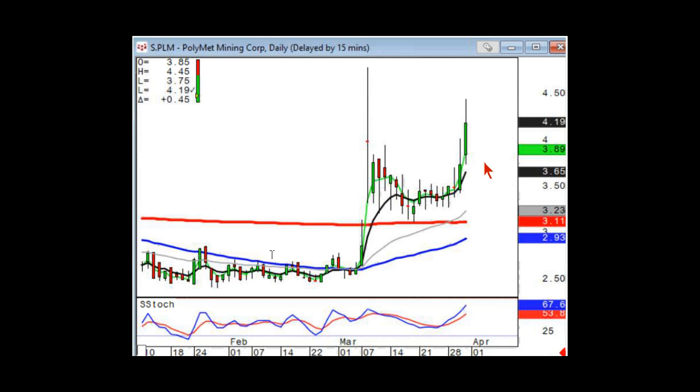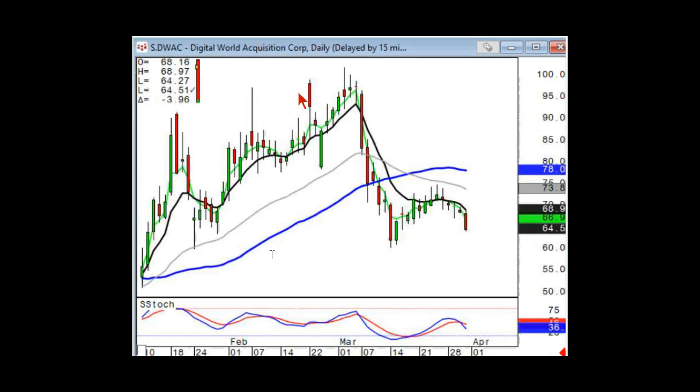All right, so there's your J-hook fry pan bottom type pattern. Notice what this one did today when the markets were selling off heavily. That's why a pattern is much more worthwhile than just an uptrending stock. There's your bearish J-hook pattern on DWAC. So this is why the combination of the T-line and your signals and your stochastics